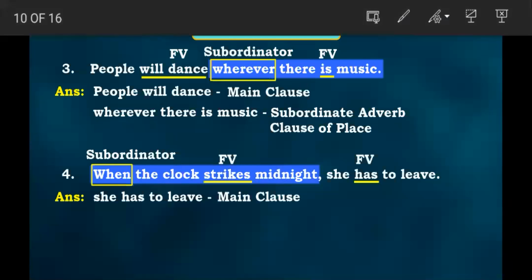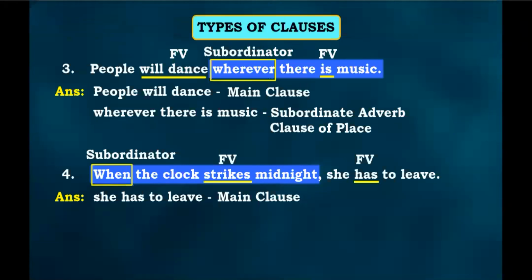Okay. Now, which question would you ask? She has to leave. What does she have to leave? Which she has to leave? ऐसा कुछ आएगा? Why does she have to leave? इसका आंसर है when the clock strikes midnight. आंसर तो देखो, पूछ तो कुछ भी सकते हो, आंसर तो मिलना चाहिए ना. Where does she have to leave? जगह का नाम है आंसर में.